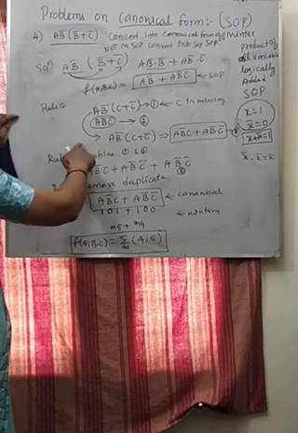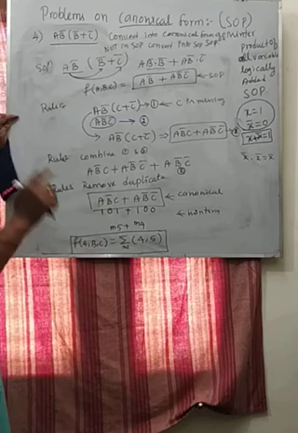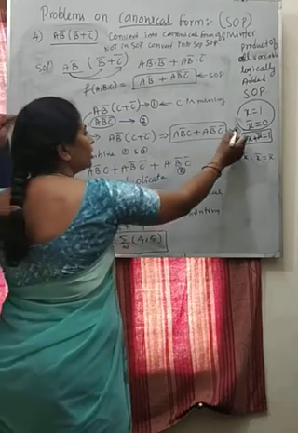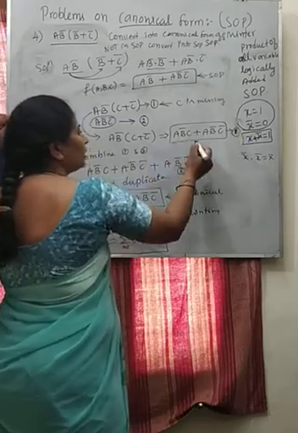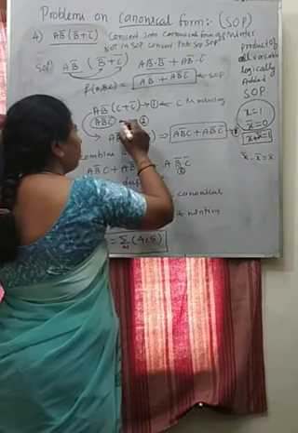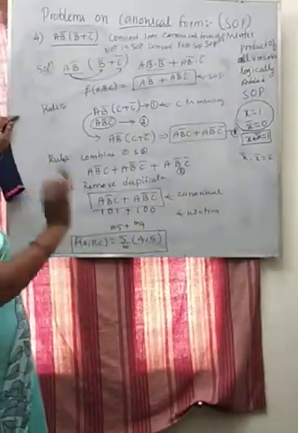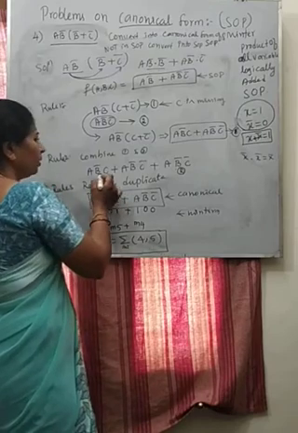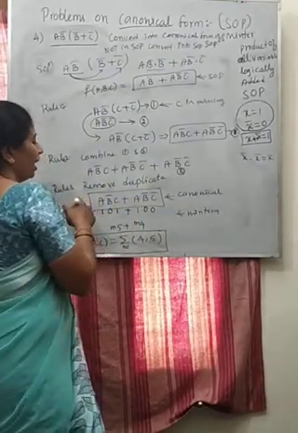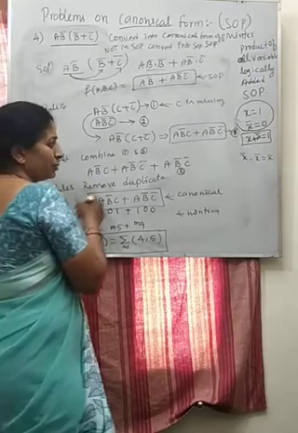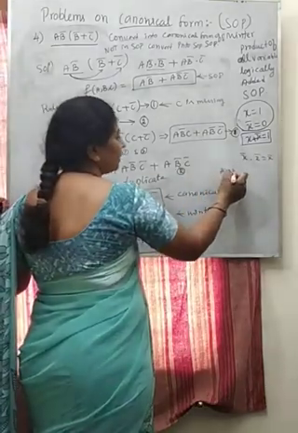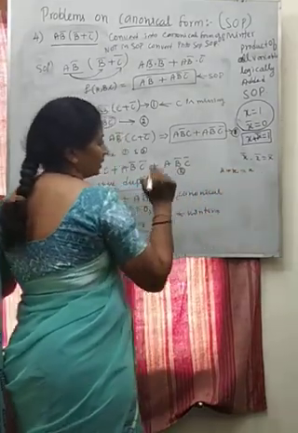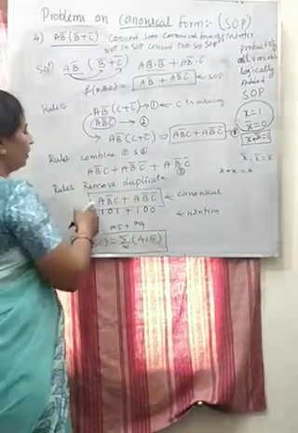So apply the distributive law for only the first equation. So we got the first equation, AB complement C plus AB complement C complement. Second equation remains the same. Combine equation 1 and equation 2, and check whether any duplicate terms are there. If it is x plus x, write it down only once. Okay, so that has been written.